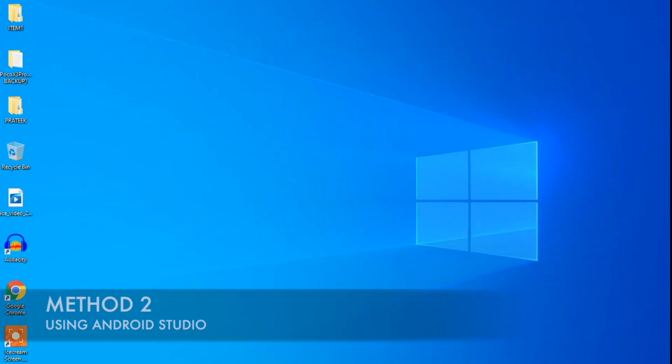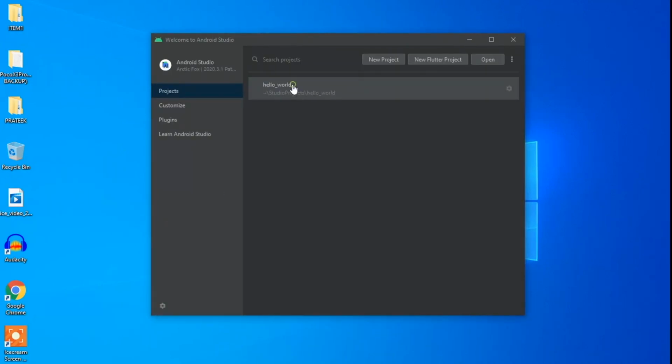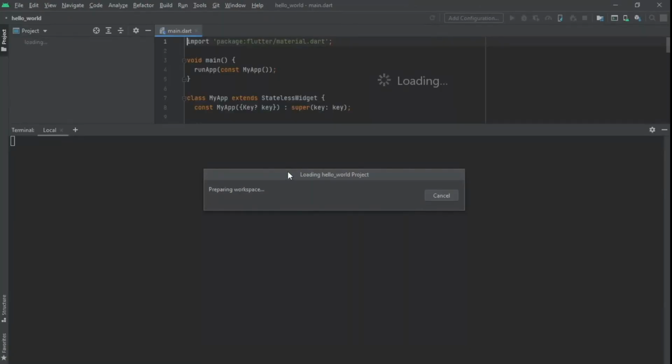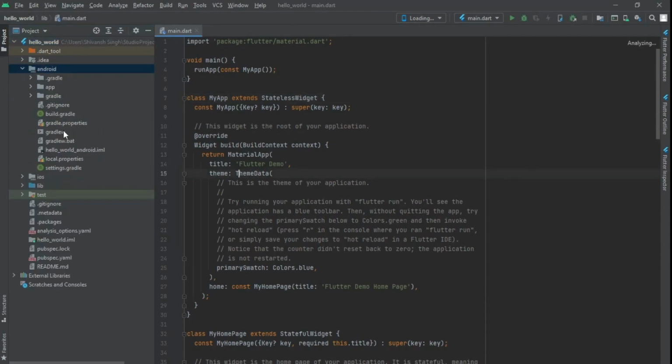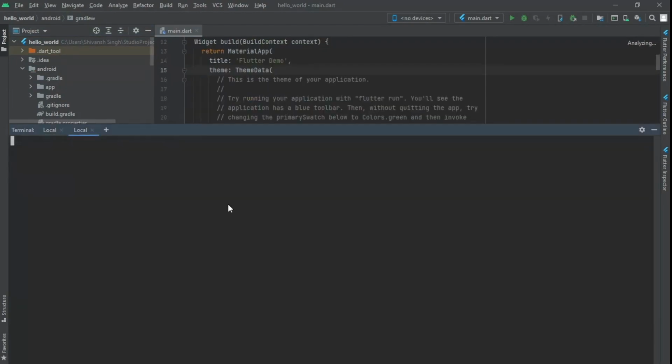Now in method 2 we'll be generating the signature using Android Studio. So open up any project in Android Studio and just wait for this project to open. And here you can see on the left side we have this gradlew file, and you just have to right click on this file and open it in terminal.